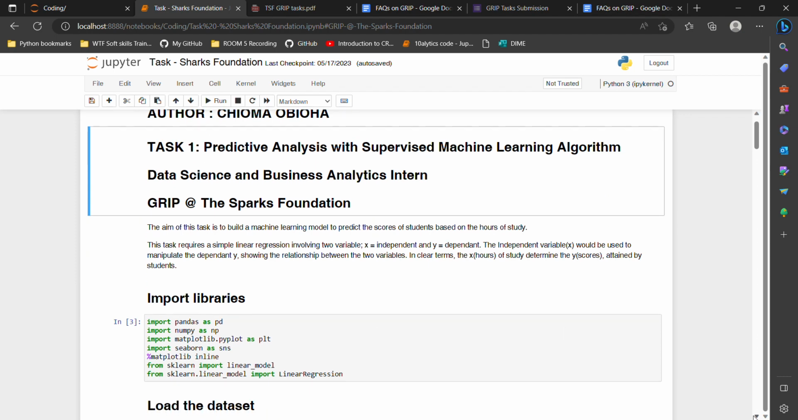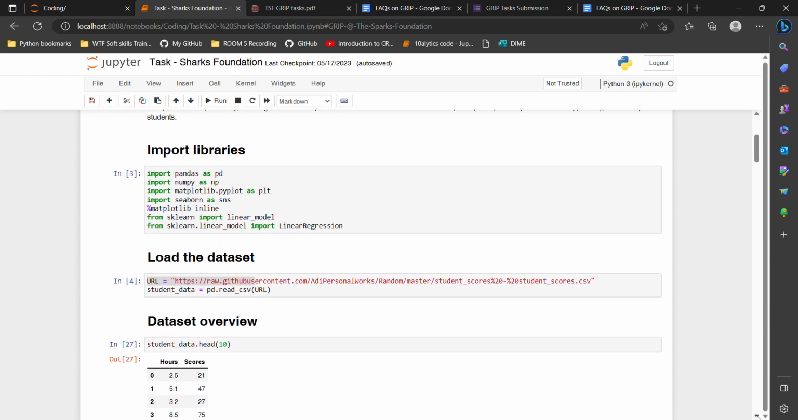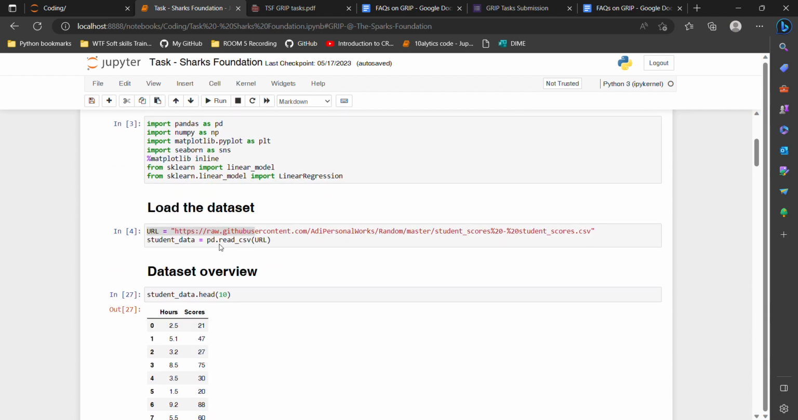First and foremost, I have to import my libraries. These tools would help me perform the analysis. They are pandas for data manipulation, NumPy for the arrays, matplotlib for visualization, Seaborn as well, and sklearn for the linear regression model. So I bring in my dataset, loading it from where it is located, which is this